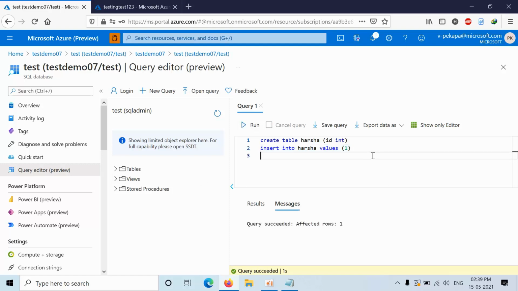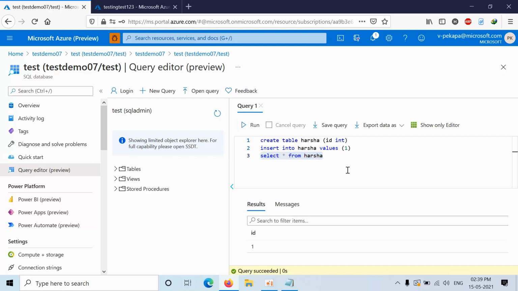Now I am doing a select command: select star from Harsha. Then I am dropping it again: drop table.